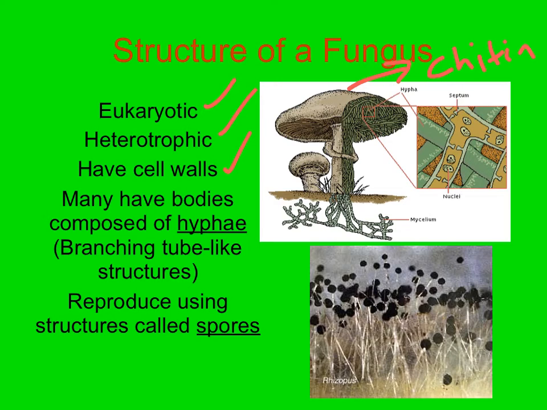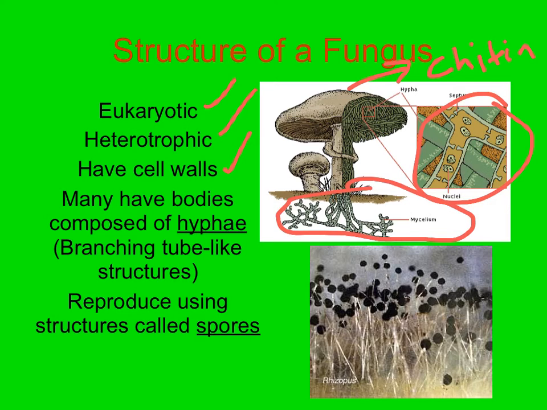They have bodies composed of a structure called hypha, which are these tube-like structures you can see in this picture here, a series of tubes that can be used to move food and material from outside of the fungus into the main body of the fungus. And the main body of the fungus is composed of just tons of wrapped together hypha. That's called the mycelium. That's the primary body of the fungus, and most of the time you never see that. That's usually in the soil or in the dead and decaying organism that the fungus is decomposing.